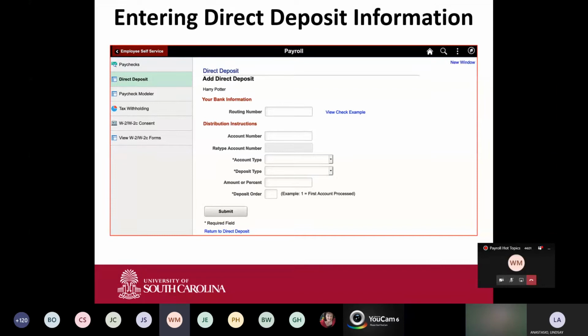The process is, though, as you set up a direct deposit, we have to run it through what we call a pre-note. What that means is we have to validate with the bank that the account information you have entered is accurate and will be accepted by the bank. So that's why we like for any employee setting up a direct deposit to do it at least 7 days before payroll is set to run. If we have a payroll set on the 30th, we at least need them to have this set up and accurate by the 23rd, so that when we do our pre-note, we will know it's a valid account, and when we send their payroll out, they won't have any issues and their payroll will be accepted at the bank it's set to.